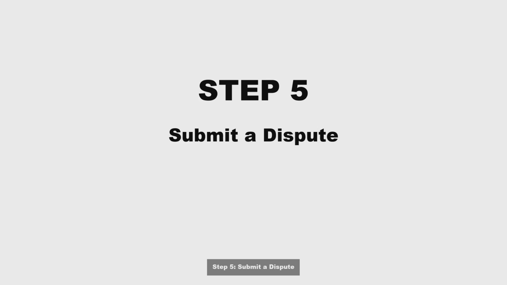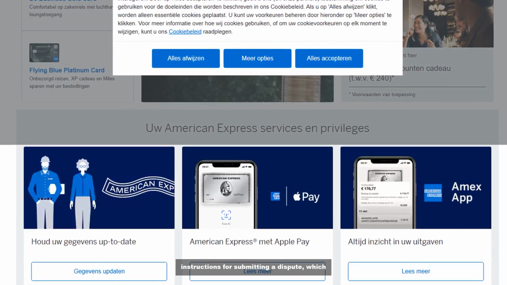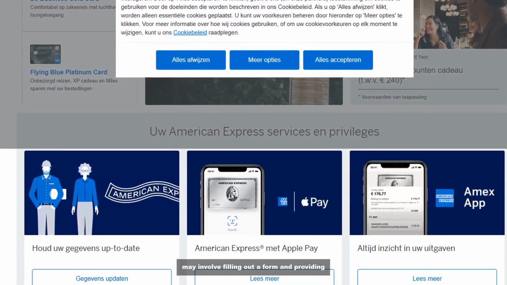Step 5. Submit a dispute. If necessary, formally dispute the charge through American Express. Follow their instructions for submitting a dispute, which may involve filling out a form and providing the documentation you gathered